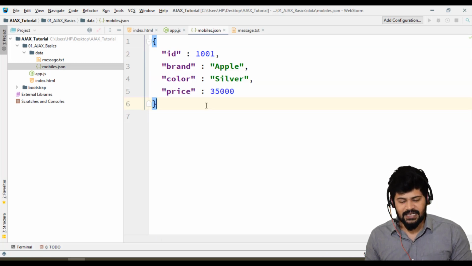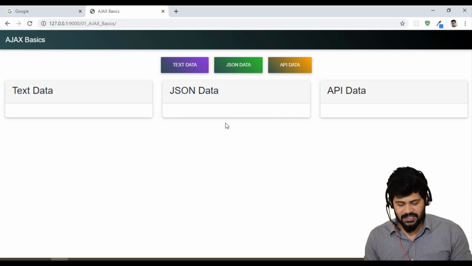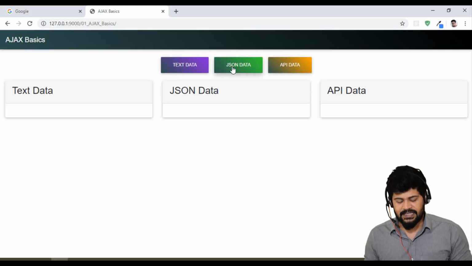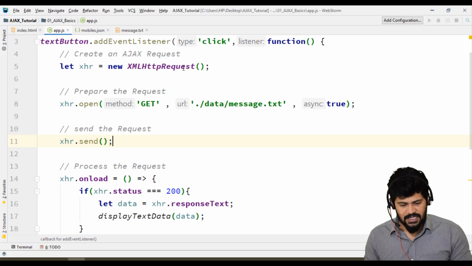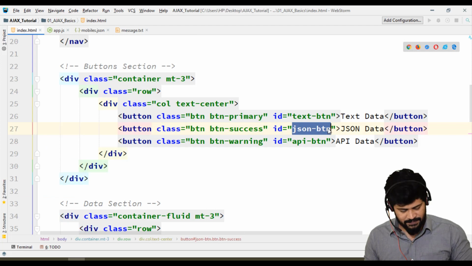Now the plan is, when I click on this button, I have to fetch this particular JSON data and display it exactly over here. So let's click on this particular button to perform an AJAX call. That button has an ID, the JSON button.